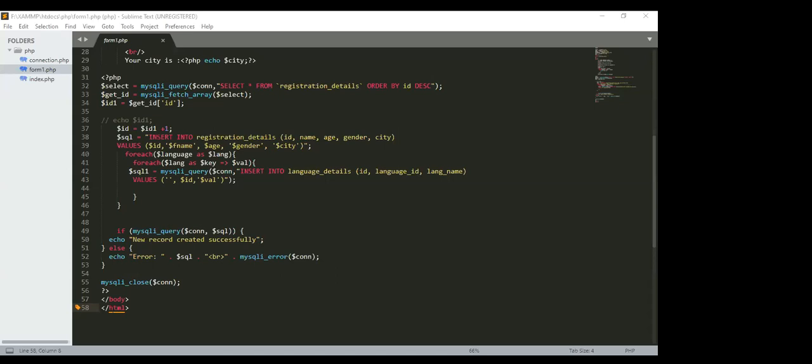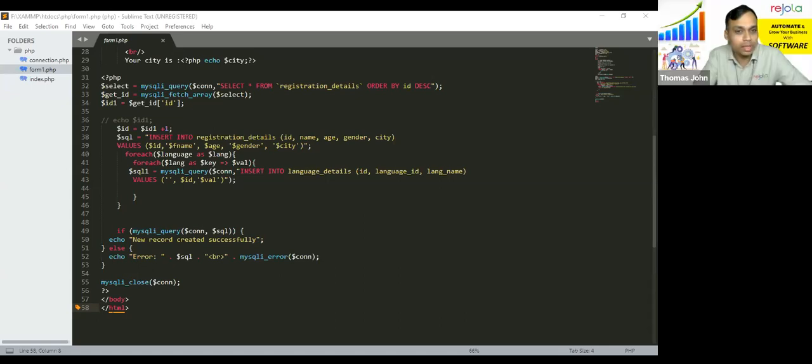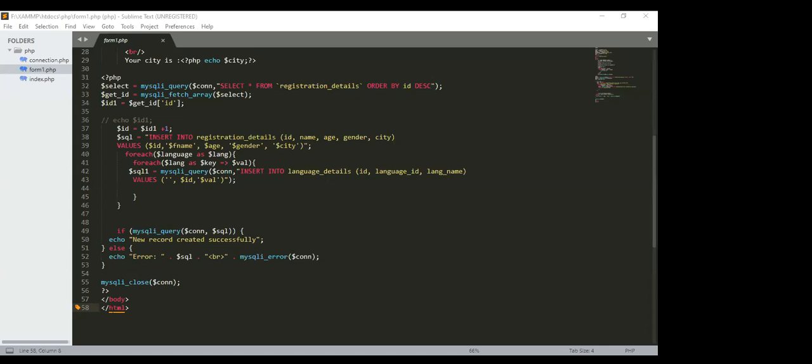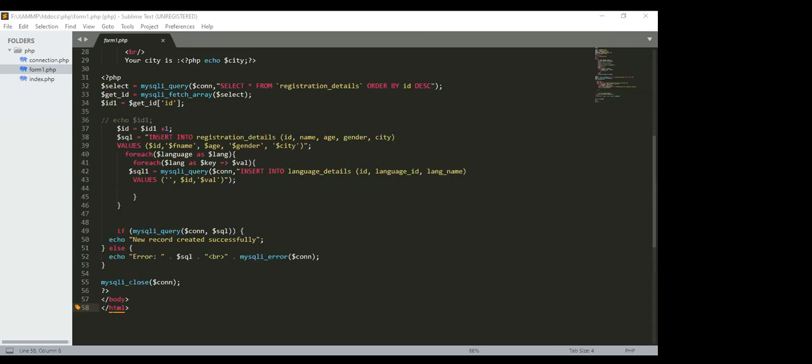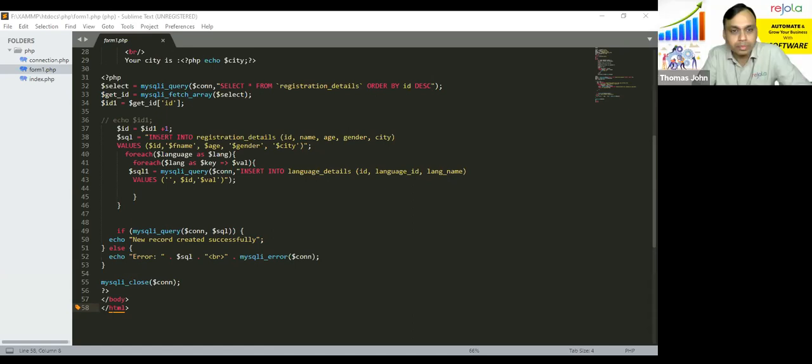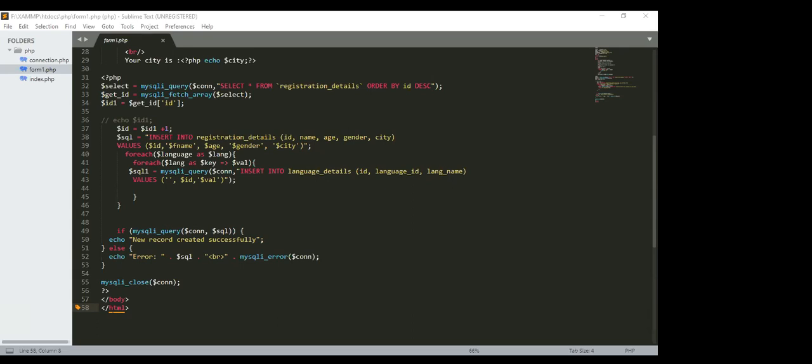And another thing here is I can see that you're using MySQLi, though we recommend you to use PDO for database connection.